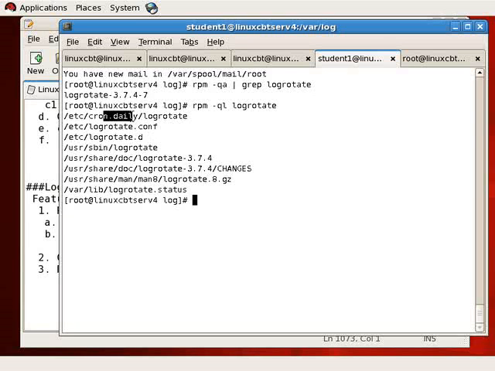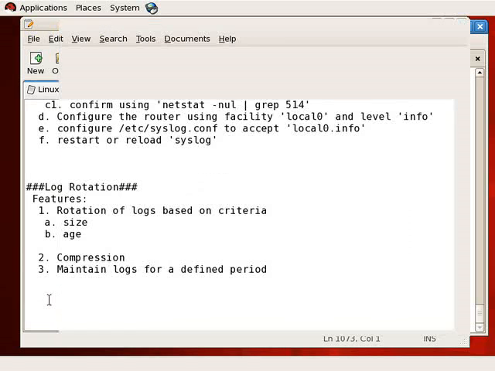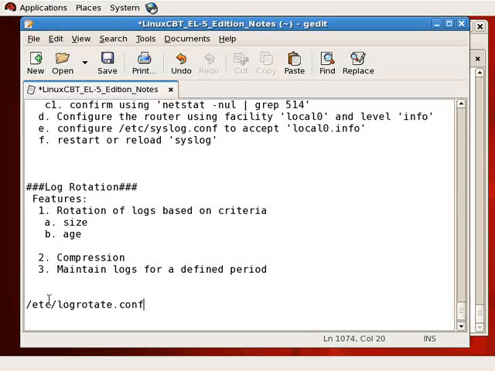In cron.daily, there's an entry for logrotate, which we briefly looked at, which is where logrotate is executed from on a daily basis. There's a primary configuration file in etc, which we'll be looking at in a second. And there's a logrotate.d directory where you may place entries for additional programs to be rotated. So let's just identify some of the key files. Primary config file and the logrotate.d directory